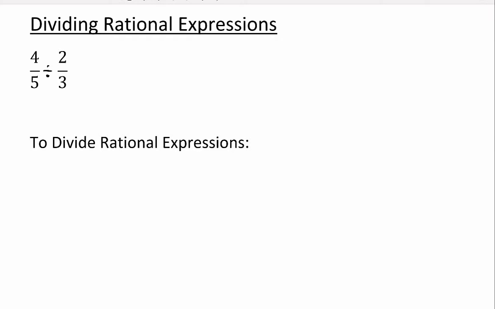Okay, now that we've nailed down multiplying rational expressions, we're going to move on to dividing rational expressions. And just like the other operations, this is going to work the same way for rational expressions as it did for fractions. So if we remember back to years past, when we divide a fraction by a fraction, hopefully you all remember that we're going to do a process, maybe you had different names for it, where we're going to take the first fraction and keep it the same, change the middle operation to multiplication, and then flip the second